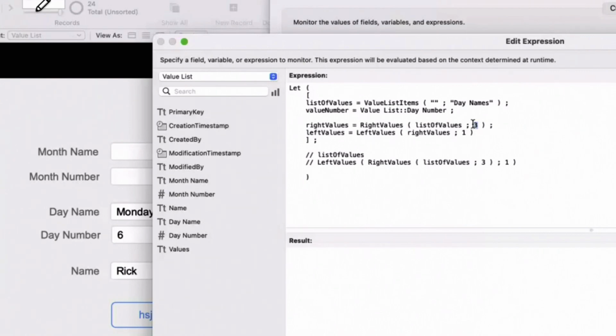I want to ignore the last two, right? Or, let's say I want to ignore Monday and Tuesday, the first two days of the week. So I'm saying 5, okay? That's what I want to achieve. I have this list,